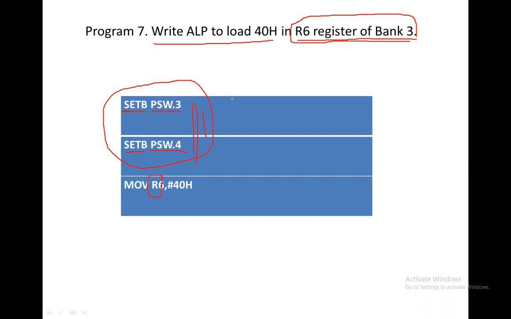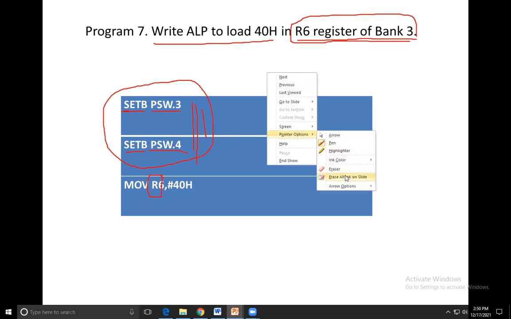Set this program, and then go to R6 in the register window. On your left side register R6 is given by the footage. Then you can see whether there is any indication of bank 0, 1, 2 or 3. I think there is no indication, but please check this. So R6 is given the value 40h. Okay, so this is the program.